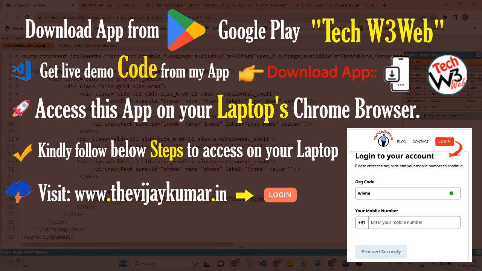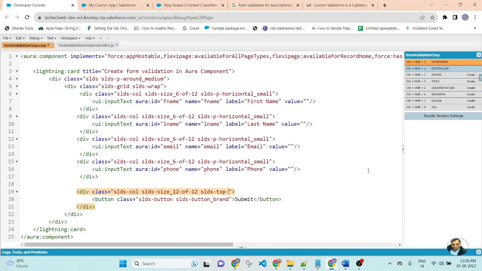And I will give a top space between the input fields and button. So here I will add SLDS p-top medium. So it will give a space between the input fields and the button.